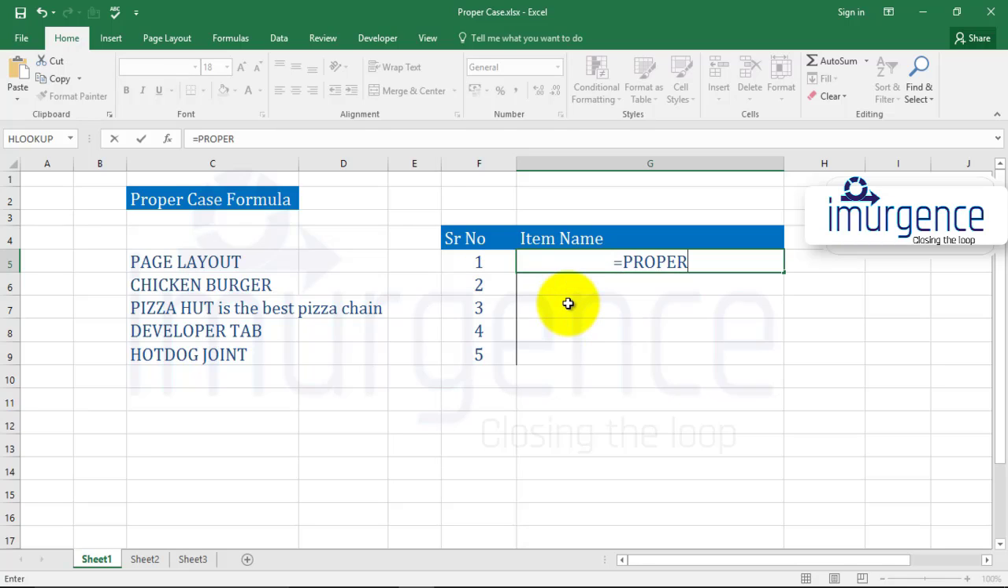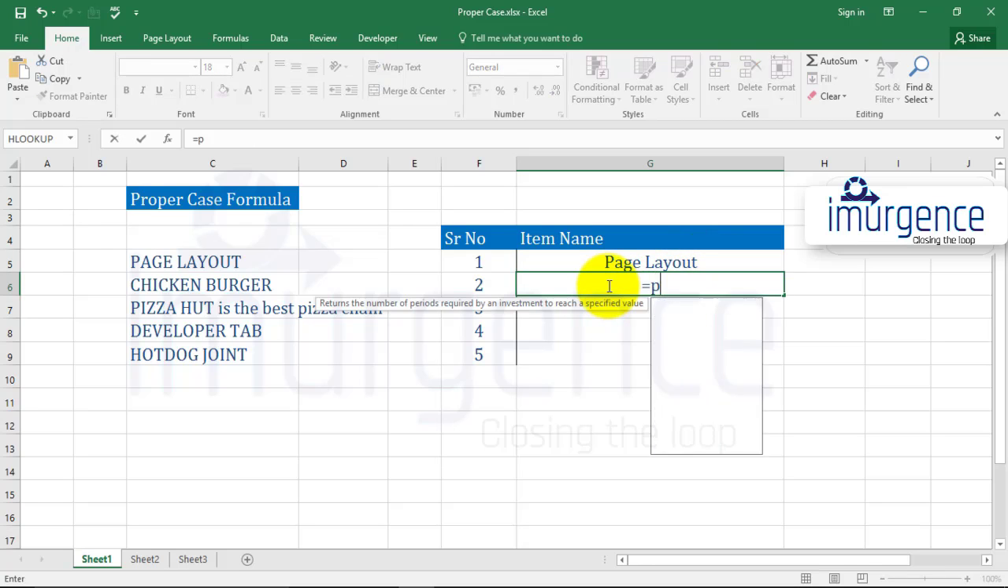So we type in proper, we open the bracket and it simply says text, which means either you type in the text over here or select the text. If you see, the text that I've selected is all in uppercase. I close the bracket and now see what happens. The first letter of each word is in uppercase, the rest are in lowercase. We can copy the formula or type it again, say proper,